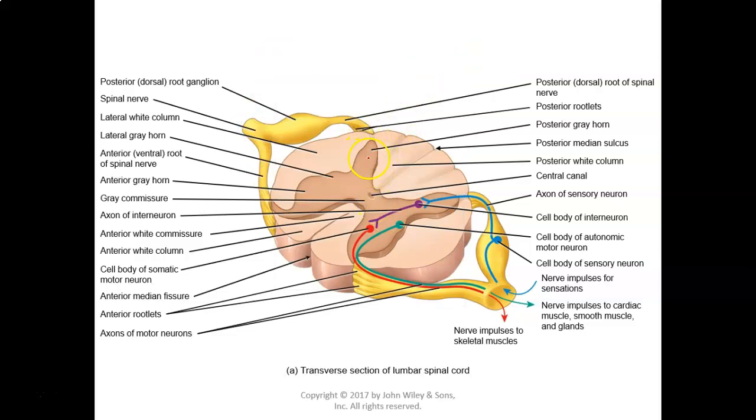So, here, posterior gray horn, here is the anterior gray horn, or the ventral gray horn. This right here, it's not near as pronounced, but this is something called the lateral gray horn. The lateral gray horn